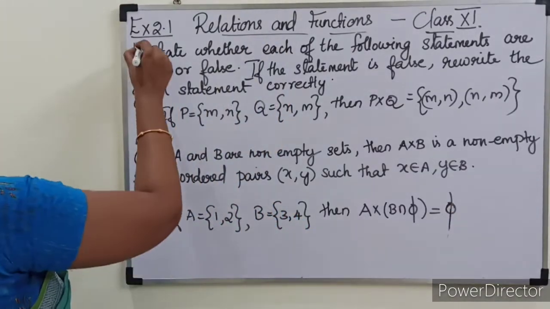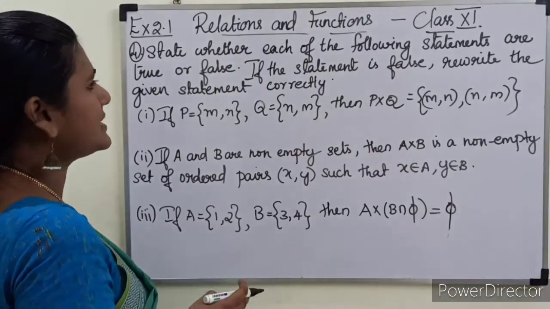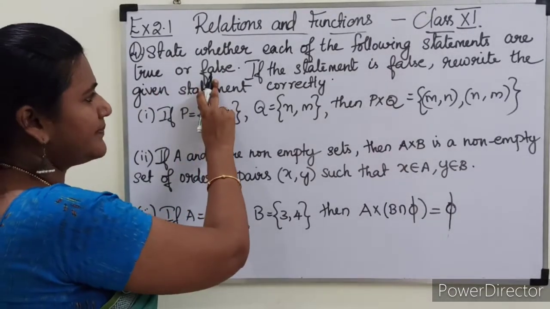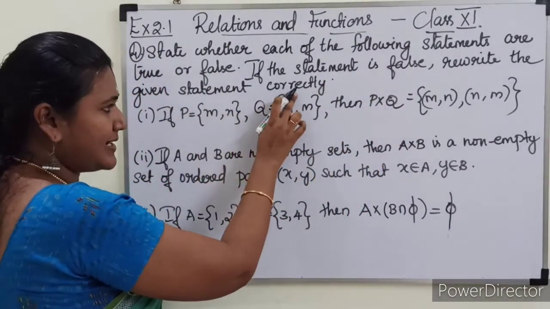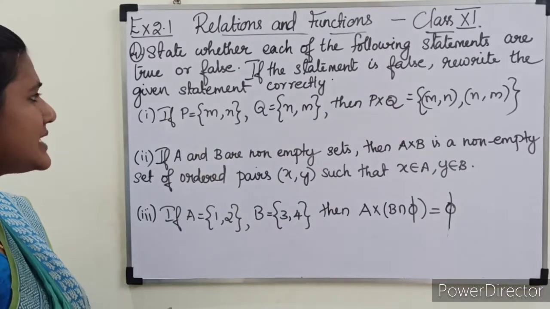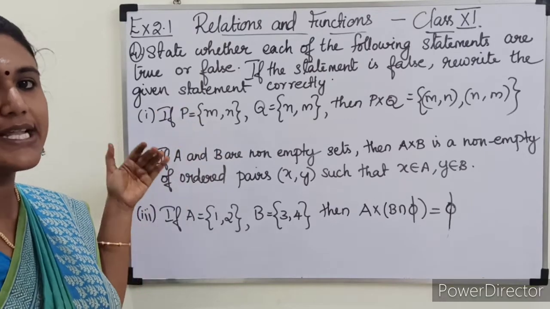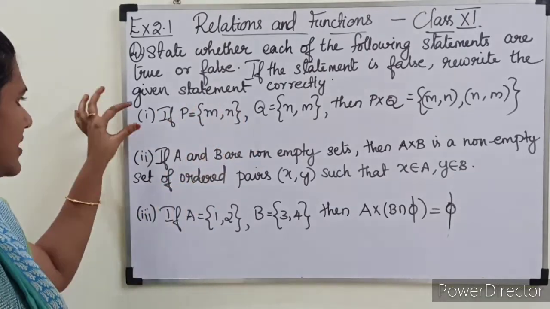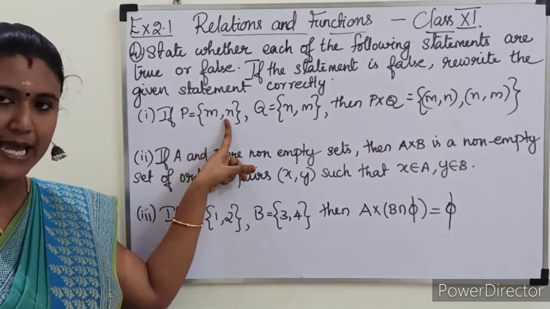Question number 4: state whether each of the following statements is true or false. If the statement is false, rewrite the given statement correctly. Here we have been given 3 statements. You have to check whether each is true or false. If the statement is false, then we have to rewrite it correctly. So the first statement: if P is equal to {m, n}